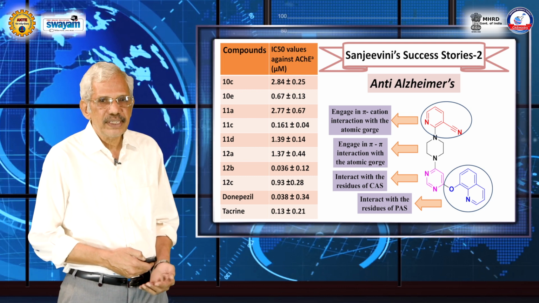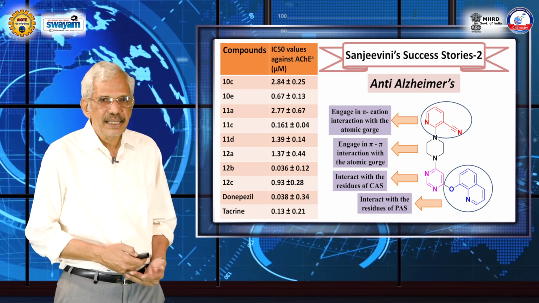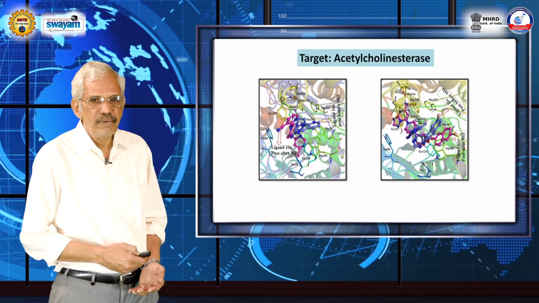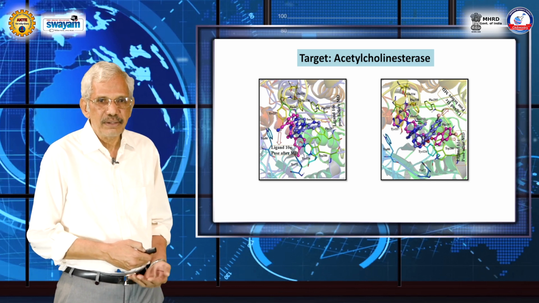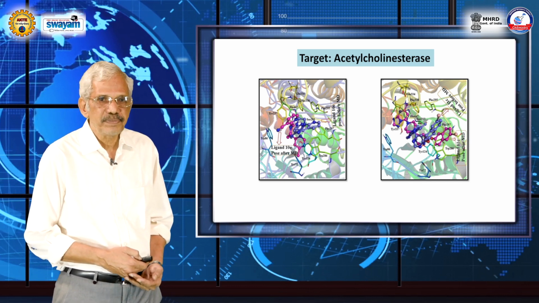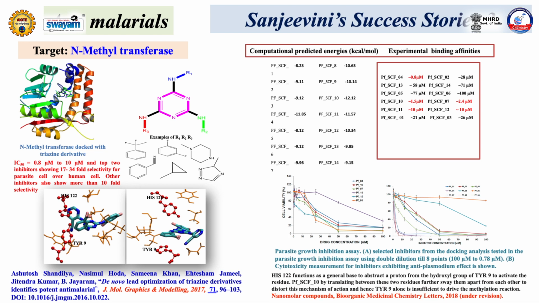And for Alzheimer's, acetylcholinesterase was the target, and here we have again some molecules which are binding very efficiently, and experiments are validating that these are all low micromolar compounds, which is very good news for drug discovery. Then antimalarials, again we have triazine based molecules and they are binding to this N-methyltransferase, which is a